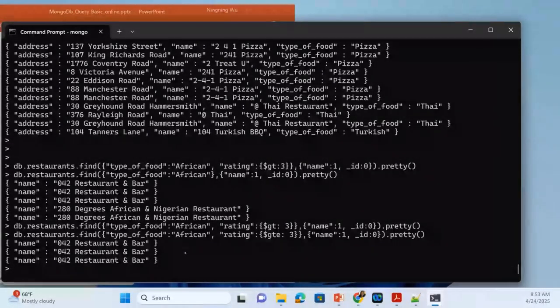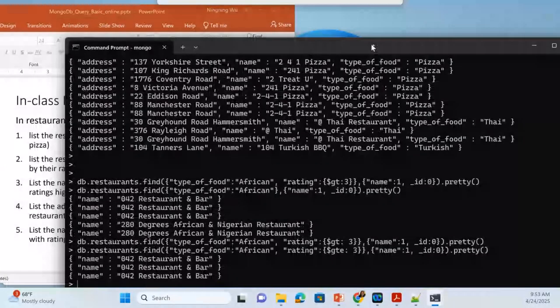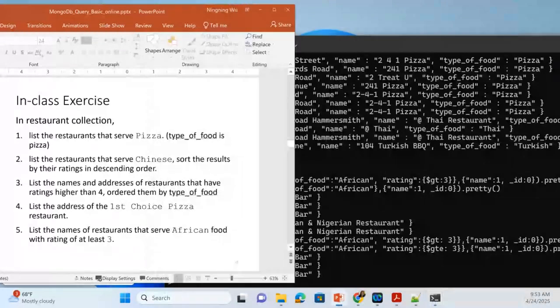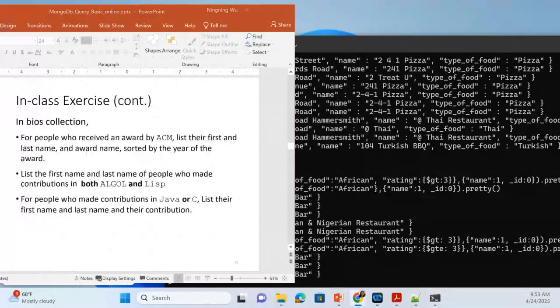Okay, so this is one I want to discuss. I think the only one we missed is pretty simple. So let's see another one. Do you have any questions? No. So this one is about the